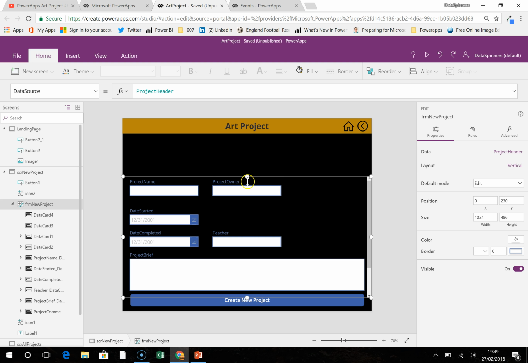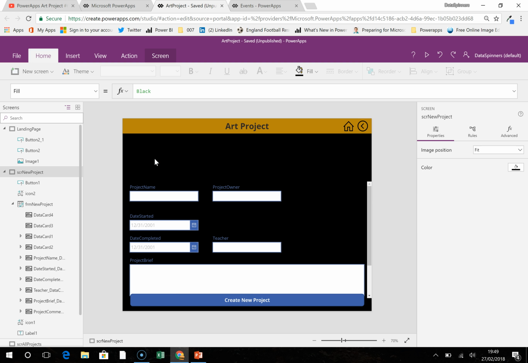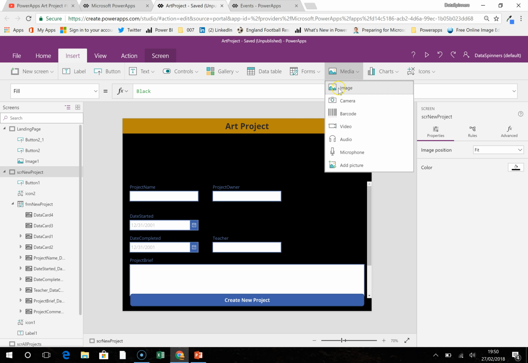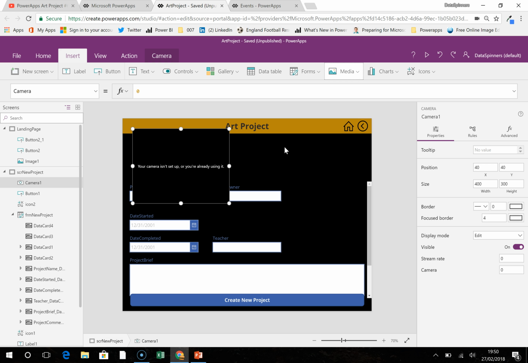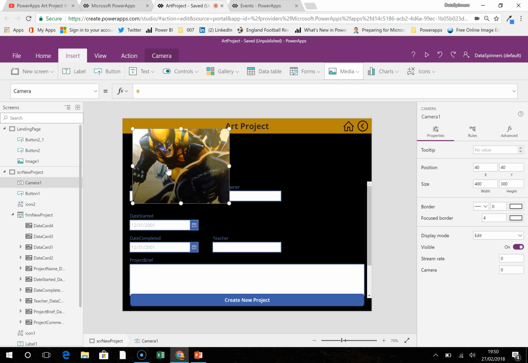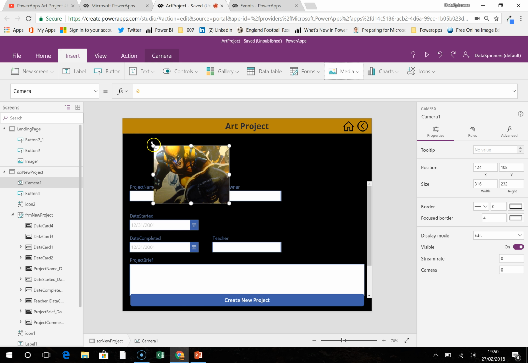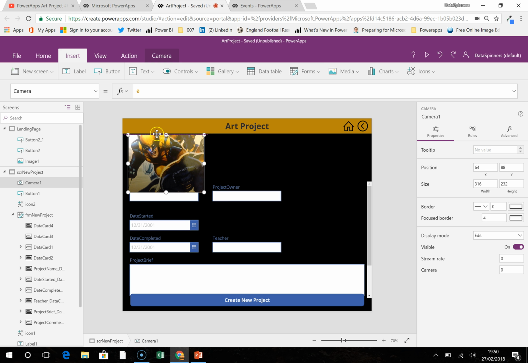And now I am going to start using the camera icon. So I'm going to go and insert, go to media, and if you hit camera, then it starts using the camera on your device. So here we go. We hit camera, then says that your camera isn't set up, it wakes up eventually, and we can see that that is my rear facing camera, and I can play around with this, move it to where I need to move it,